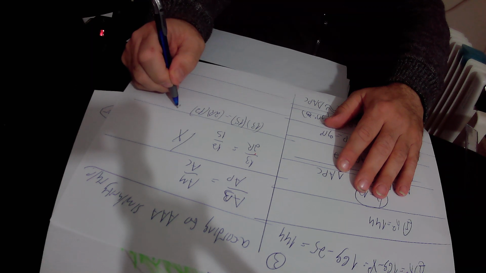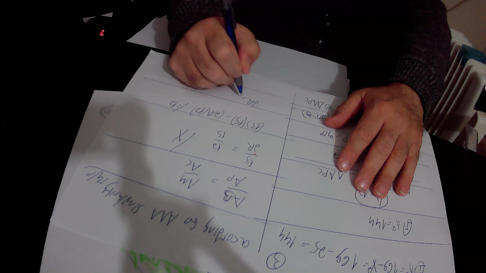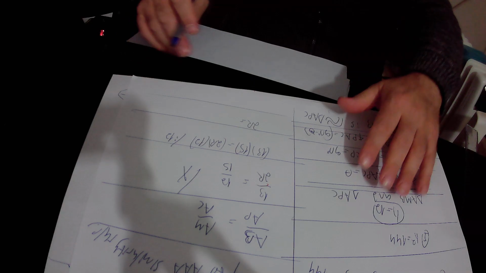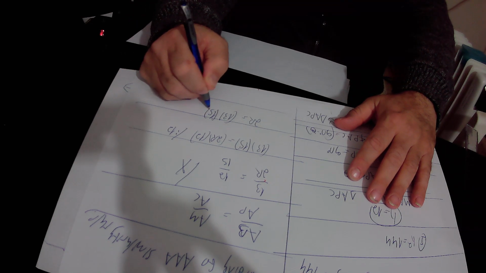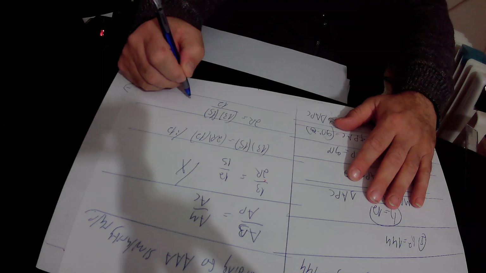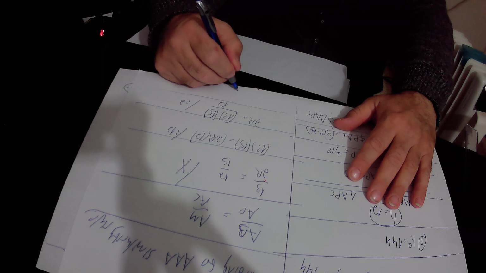So here we divide this equation by 12 and we get that 2R equals 13 times 15 over 12. Here we divide this equation by 2 and finally we get